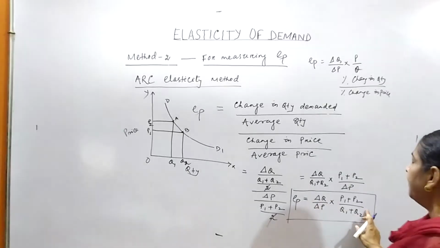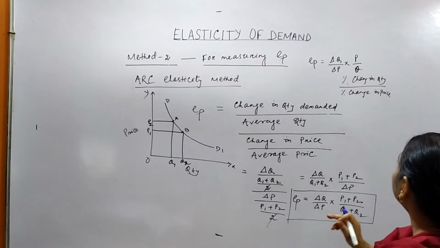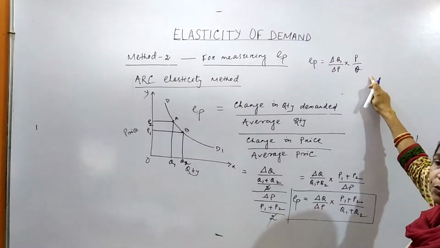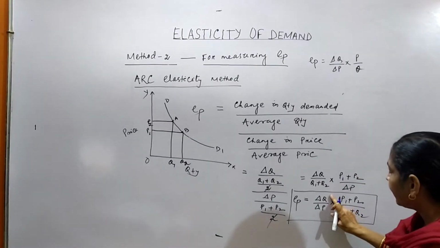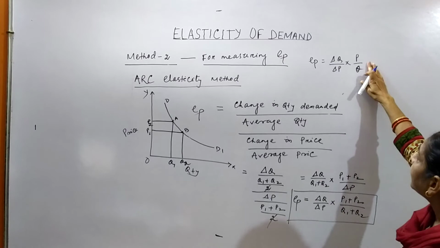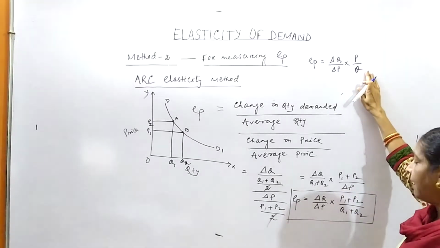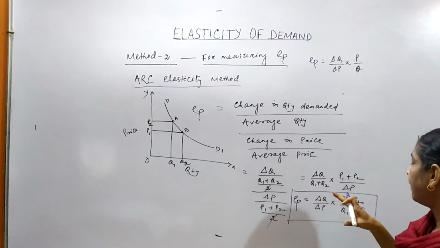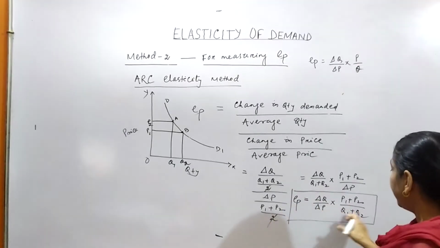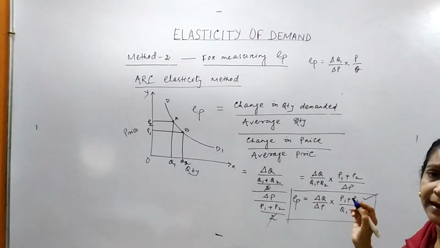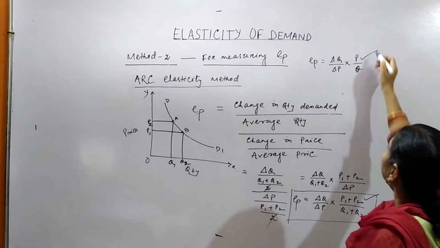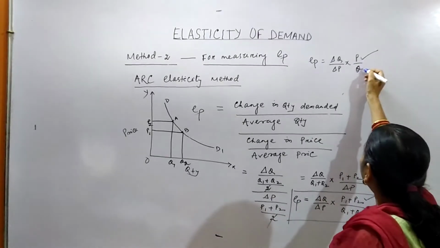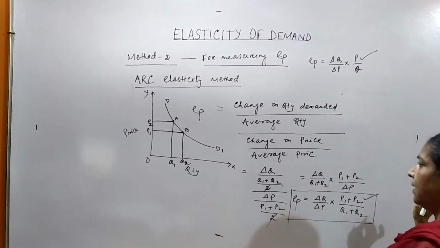Friends, you see, in price elasticity method, what was the value of EP? You see delta Q by delta P into P by Q. Here also we see delta Q by delta P. बट वहां पर एक इनिशियल प्राइस एक इनिशियल क्वांटिटी था, बट यहाँ पर दो प्राइस दो क्वांटिटी है. सो कौन सा इनिशियल लेना है कौन सा फाइनल लेना है ये हमको समझ में नहीं आया, इसीलिए हम लोग क्या किए इसका एवरेज कर लिए. सो ये P का एक्सचेंज में हम लोग P1 प्लस P2 एवरेज ऑफ प्राइस, Q का बदल में हम लोग एवरेज ऑफ क्वांटिटी Q1 प्लस Q2.